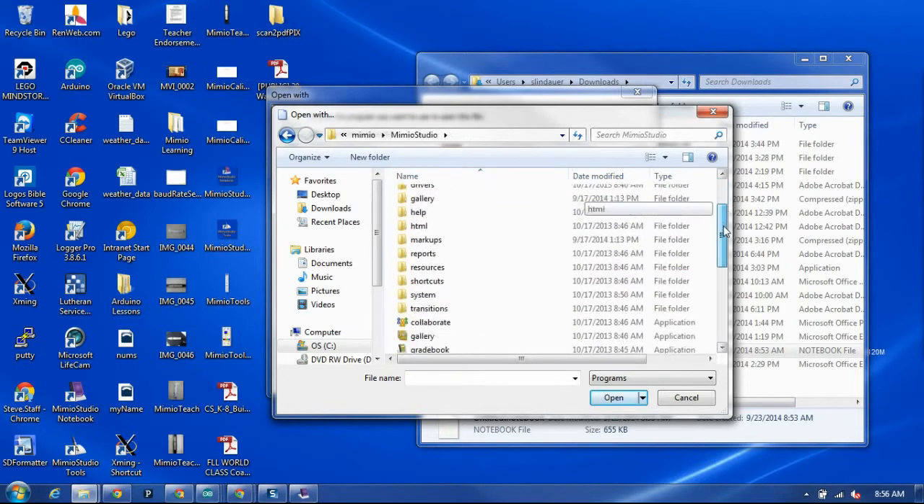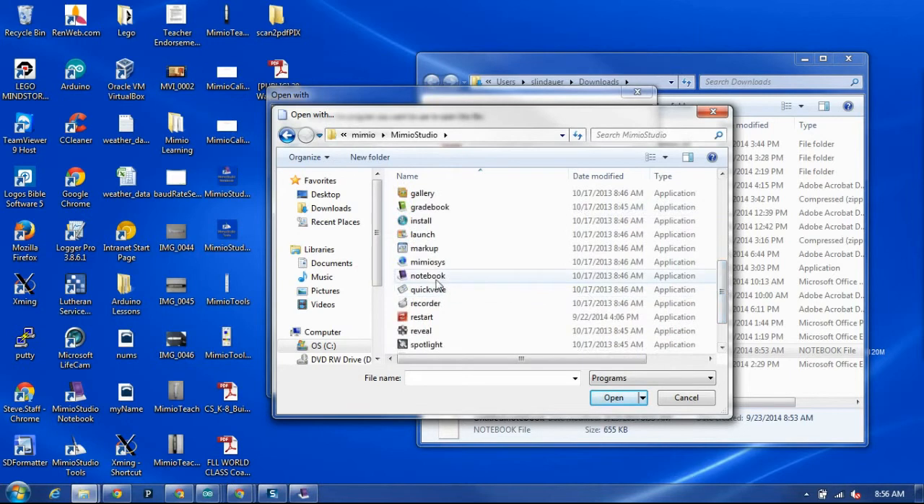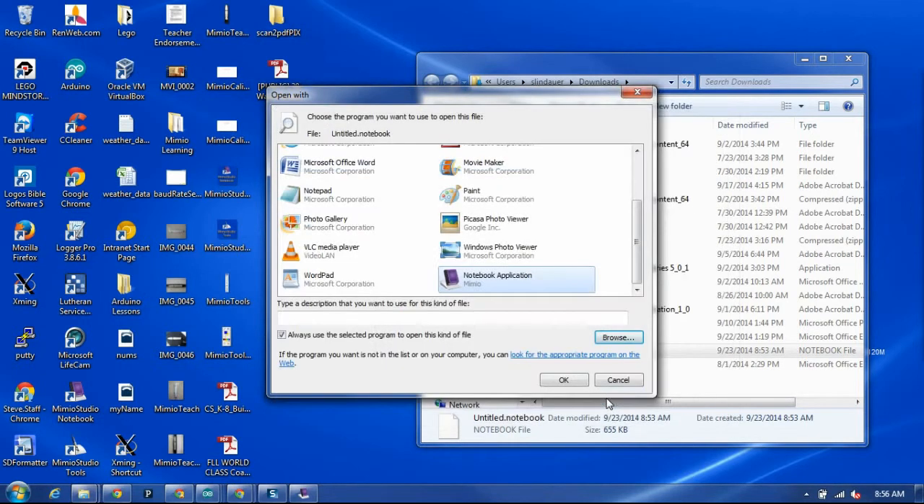And now I will go down here to the program called Notebook. That's what Mimio calls its software. That's what we were using just a moment ago to open it up. So I'm going to click on Notebook because that is the program that I want to open the Smart Notebook files. I will hit open. It's not actually going to open the program. It's just going to associate the Mimio Notebook application with these .notebook files from Smart. When I hit OK,